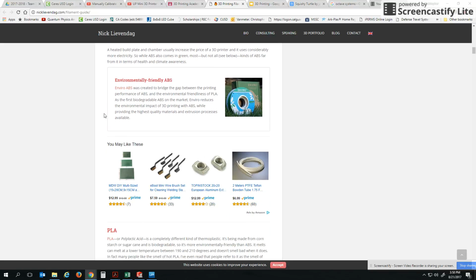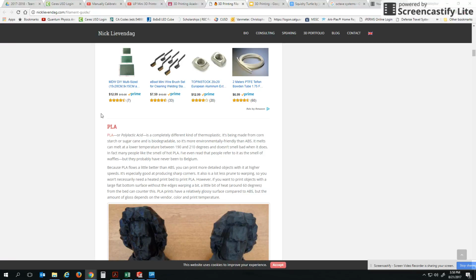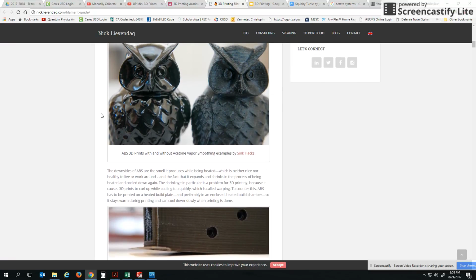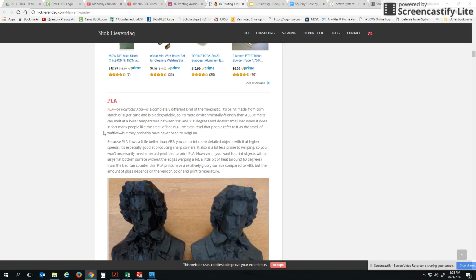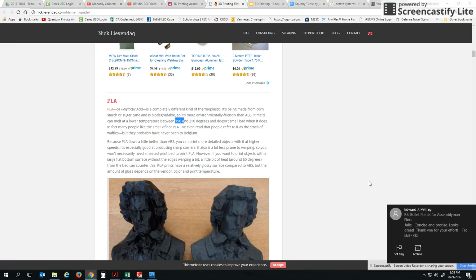All right, and then there's the other plastic that we use. ABS is pretty much the primary one. There is PLA. PLA is like a sugar derivative type plastic, or polylactic acid. It's way different. It has a much lower melting temperature. We usually use it around 190 to 205. This is up to 210. ABS does have kind of an off-gas smell to it. Take a look at that,